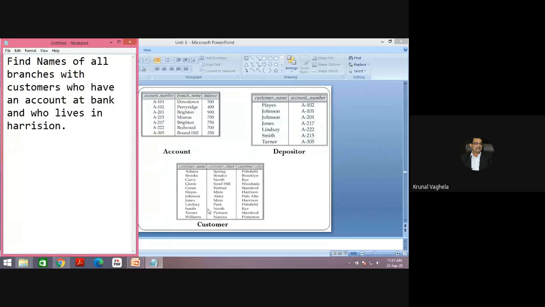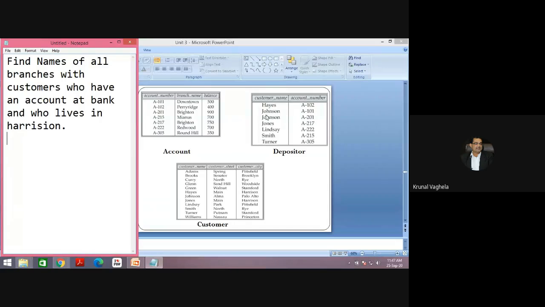But by looking at the customer name, are you sure that the customer has an account? For example, Adams. If you do the Cartesian product between account and customer and Adams is there, you are not getting information from either table whether Adams has an account or not.